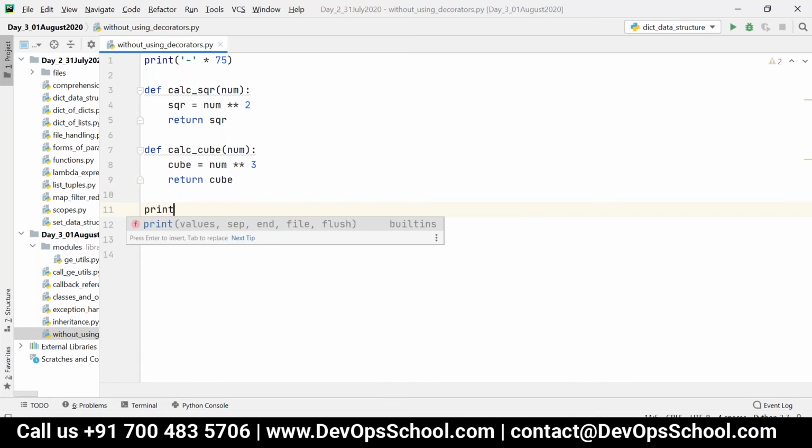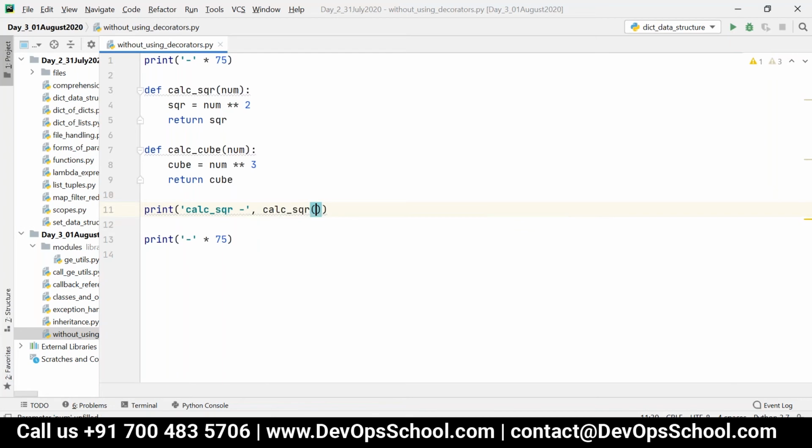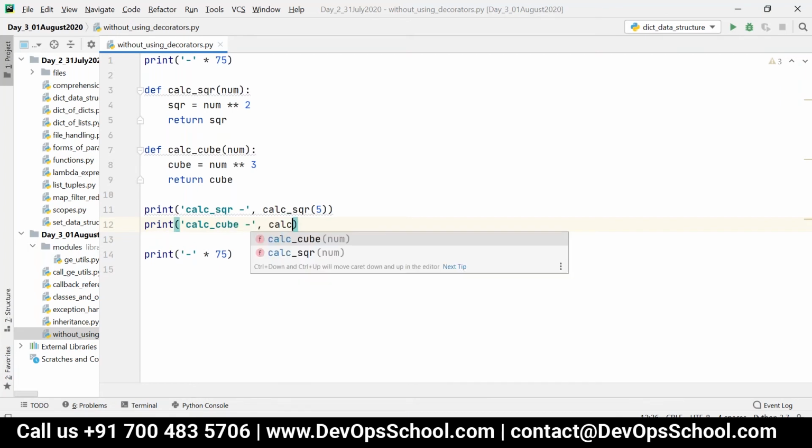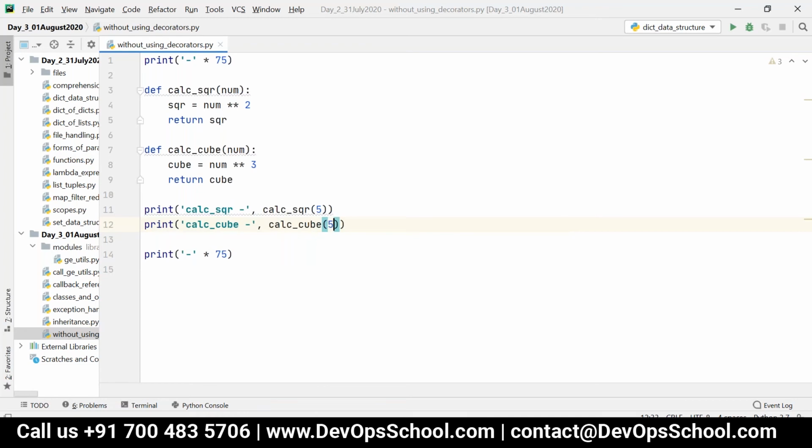Now let me call these functions. calc_sqr is nothing but calc_sqr of 5, and similarly I can execute calc_cube of 5.